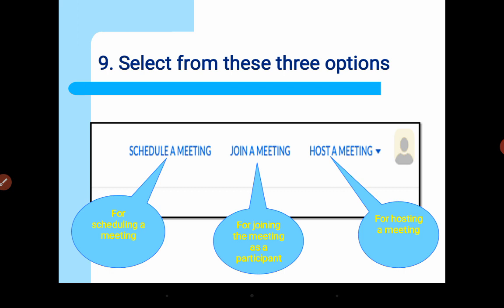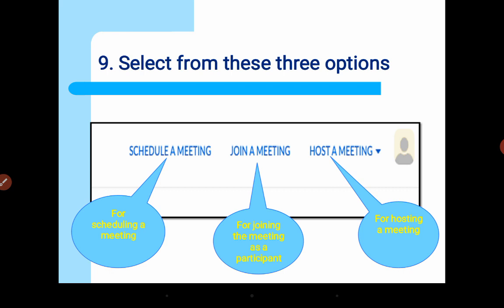So let's first of all take schedule a meeting. Obviously, as the name suggests, scheduling a meeting is just like a scheduled message, maybe you have used it. You just schedule a message, and then later on you do not need to design the message all over again and then send it. As the time arrives, that message will automatically be triggered and sent to the receiver. You don't need to do anything here. Also, the scenario is just the same.